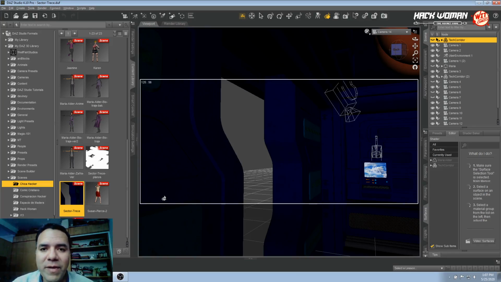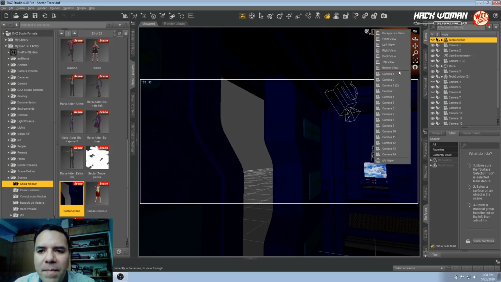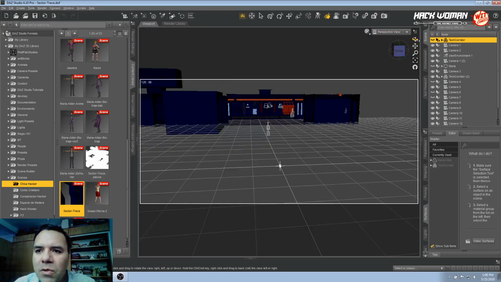I will show you the software that I use, Daz Studio, and the process that I follow in order to create the artwork and the graphic style that I want to achieve. Well, let's begin. Here I have my Daz Studio scene. I have 14 different cameras. I will switch to the perspective view to show you